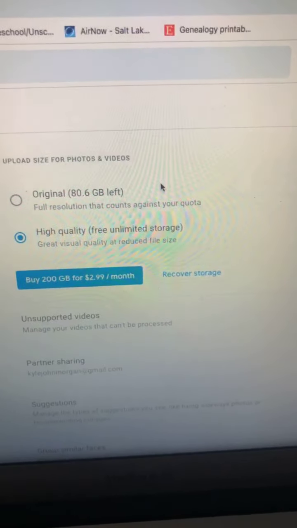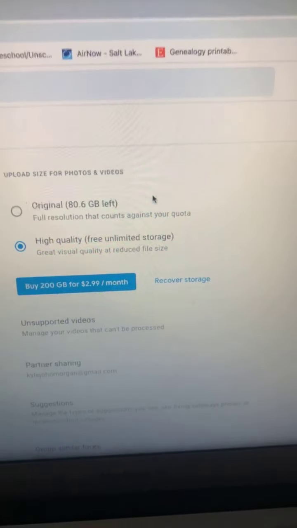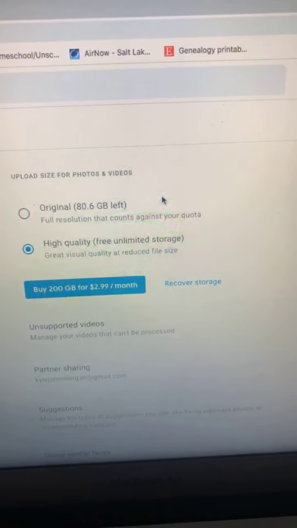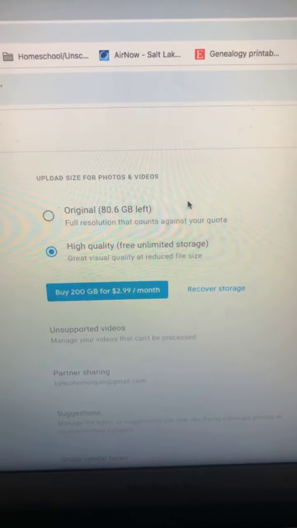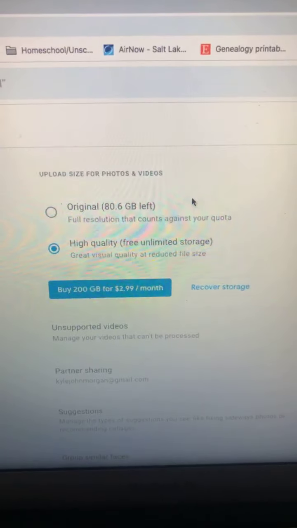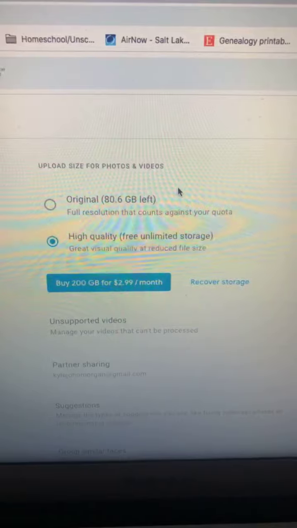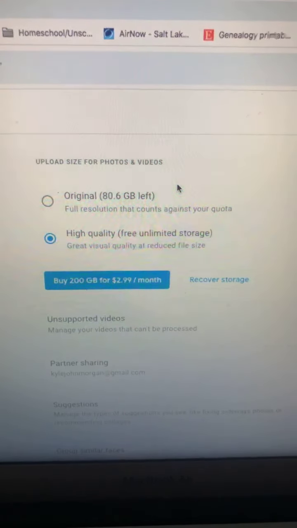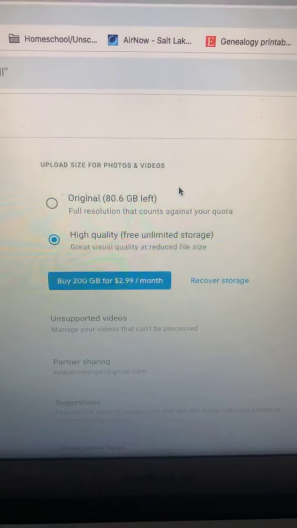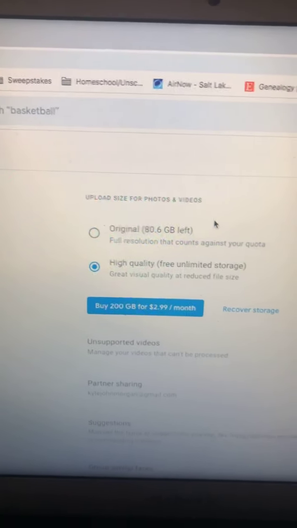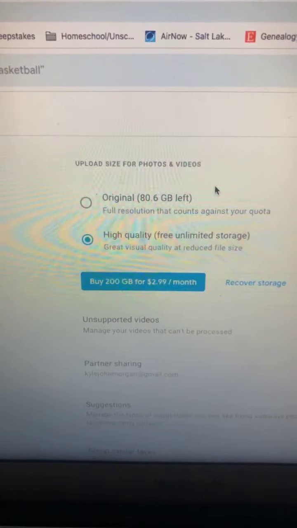But when it comes to just having photos in Google Photos, especially as backups, I'm completely fine with using this high quality storage. I have used Google storage for other things, so I have paid for a little bit of Google storage, but I don't think that it's necessary for most people to pay for it. And so that's one of the settings. Now you can,